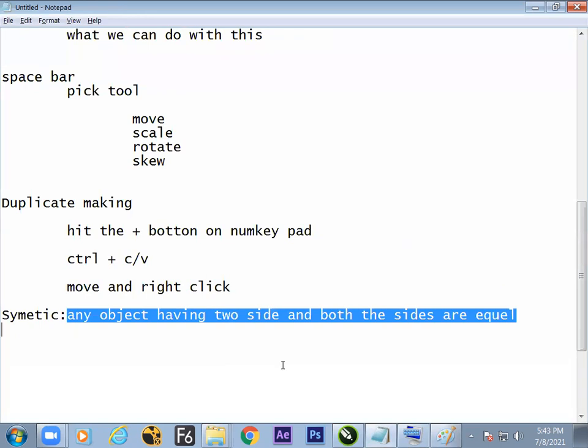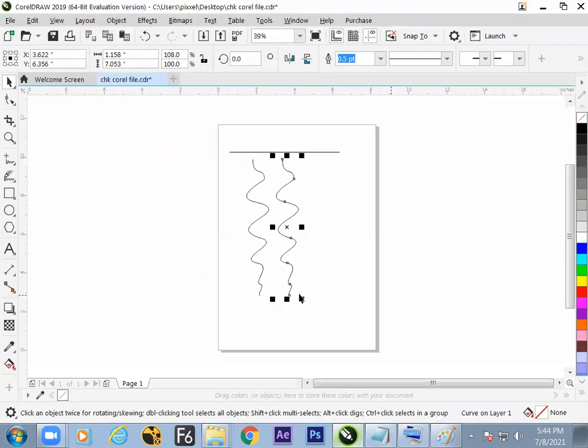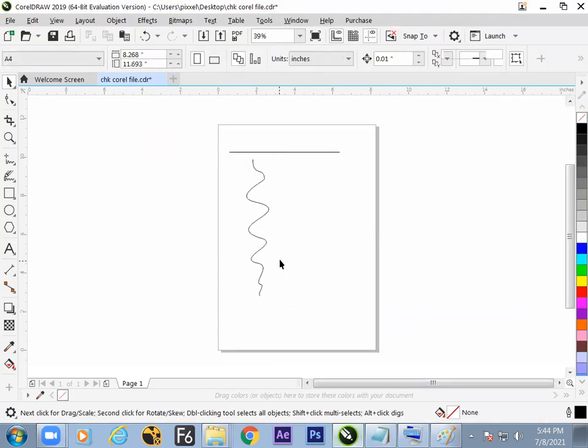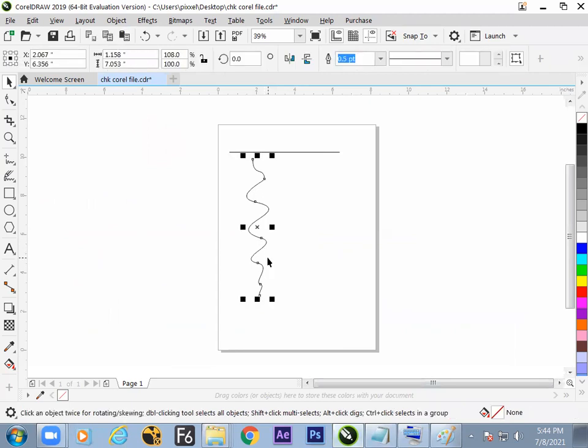Exactly the same thing we will be finding out with the software here. Select the object, make a duplicate. How to duplicate? 3-4 methods, you know. Go for the fastest way. Whatever you have understood, now the beauty of Corel starts here.